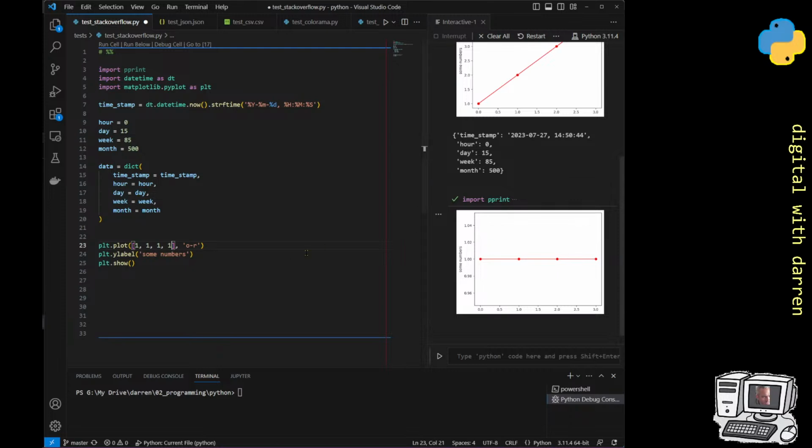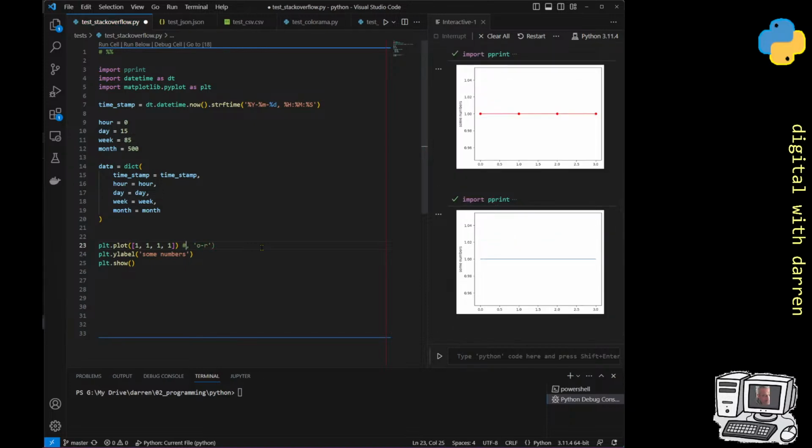And then we want to kind of remove our axis. So I don't even know what this O-R means exactly. I think the dash means, is that the points with red lines? So what I'm going to do is just comment that out. I wonder if we just get points now. Okay, we don't. So we do want points in there. So I might start reverting to